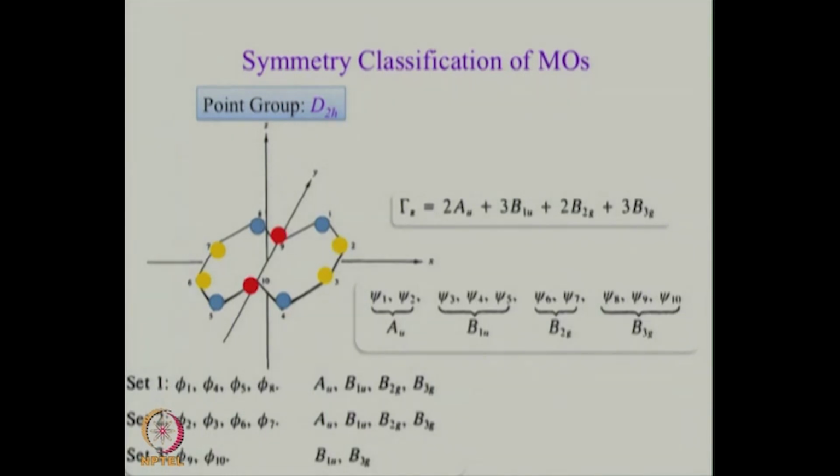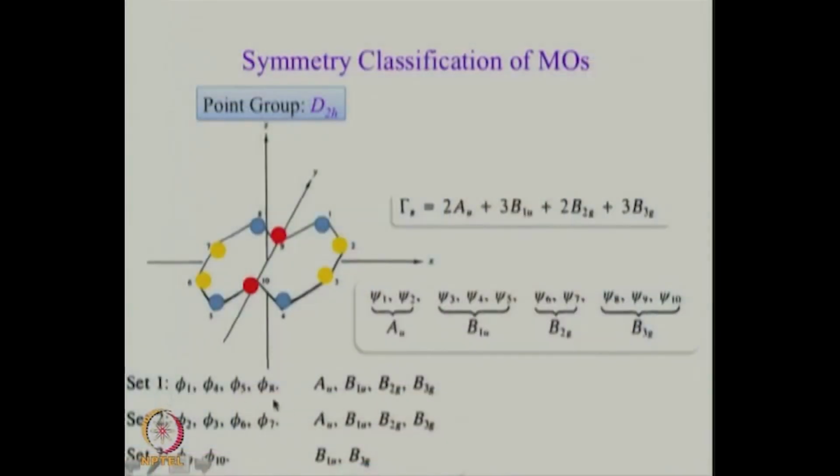Well, yes and no. They are molecular orbitals, but when we do a classification like what we are doing now, we are not going to get molecular orbitals. We will get symmetry adapted linear combinations, combinations of which is going to give me molecular orbitals. The question that was asked is whether these psi1, psi2 are molecular orbitals. What I am saying is they are, but when we consider these three groups separately, we are not going to get molecular orbitals right away. We are just going to generate SALCs, and then combine SALCs of same symmetry to generate the molecular orbitals. So, coming back to what we were saying,